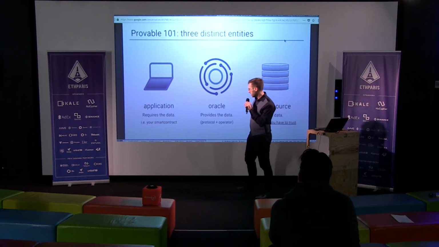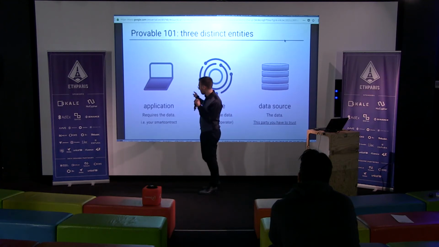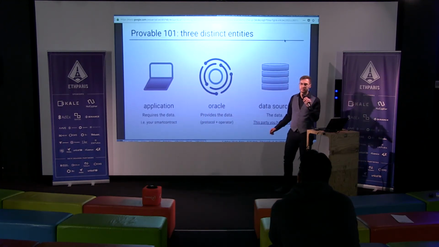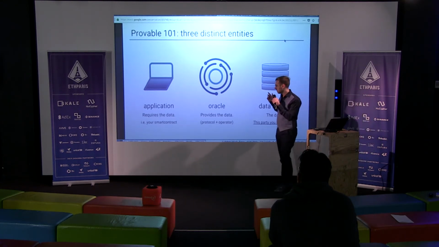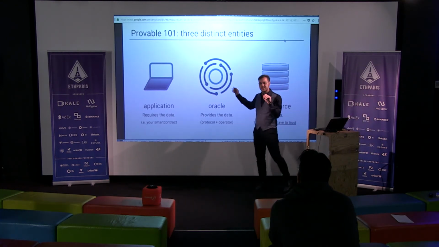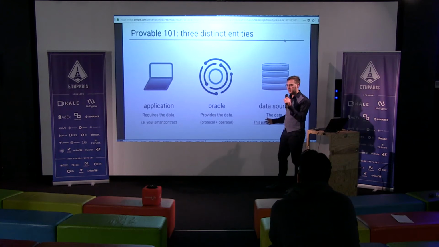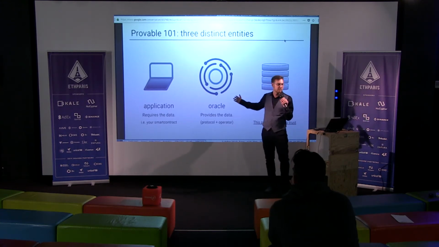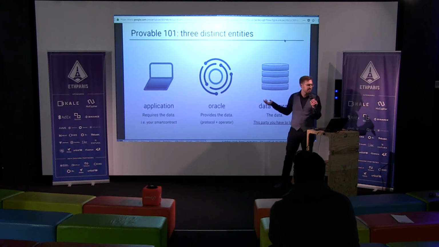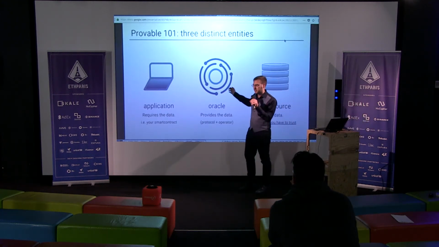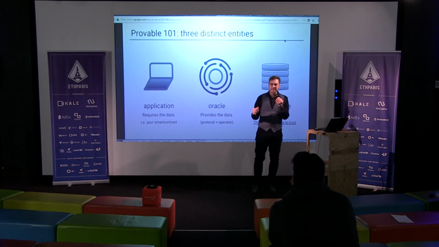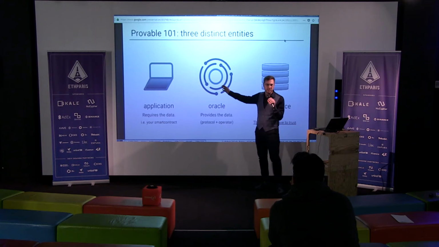Unfortunately, from the blockchain, it's not possible, so if the application is isolated, you have the Oracle that solves the problem. And the Oracle could be anything. It doesn't need to be provable, it doesn't need to be Oracleized, it doesn't need to be Chainlink or Witnet. It could also be the data source directly pushing the data to the blockchain. For example, Thomson Reuters, which is a very common financial data source, has an integration with the blockchain. So there is no need to use a third-party Oracle to connect Thomson Reuters data with your application. You just go to Thomson Reuters, and they do both data source and Oracle.